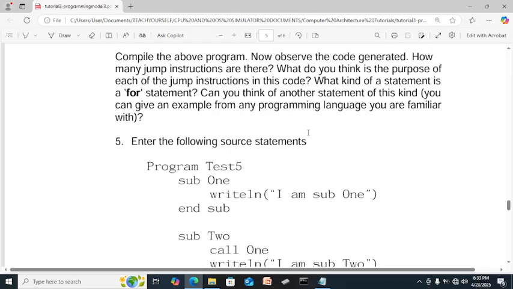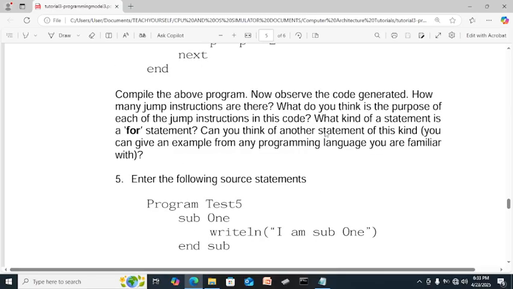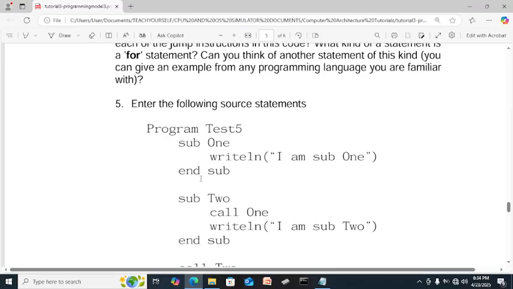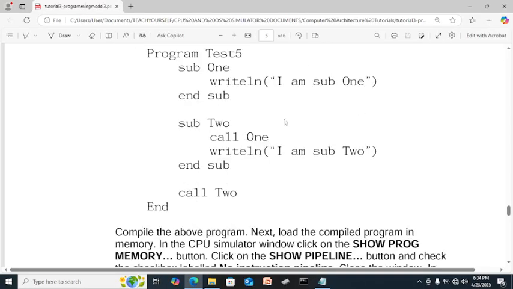Do loop, while loop. There's a lot of programming language. But I don't know if he assigned some code based on his compiler. So now enter the following source statement. As you can see, this is sub 1 and sub 2.